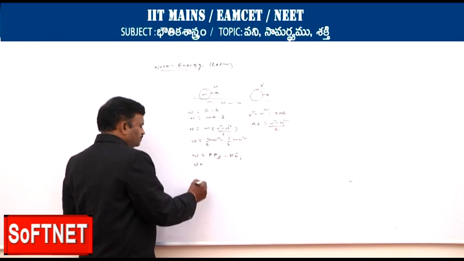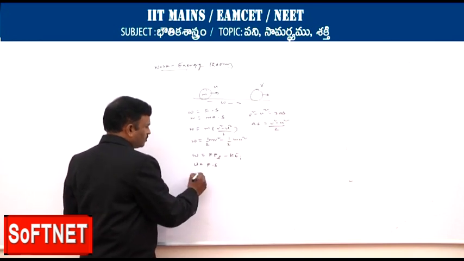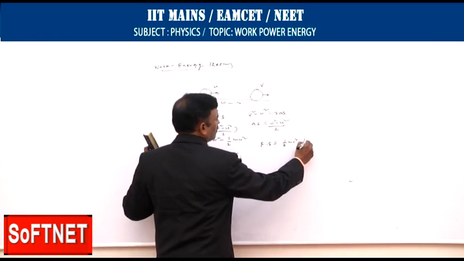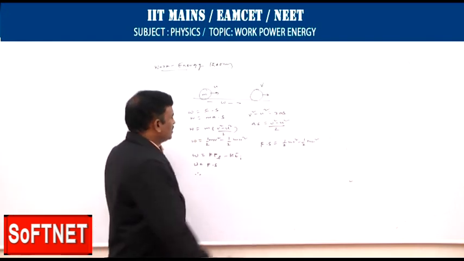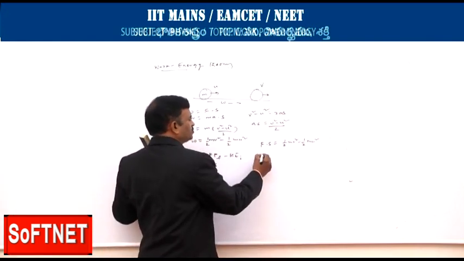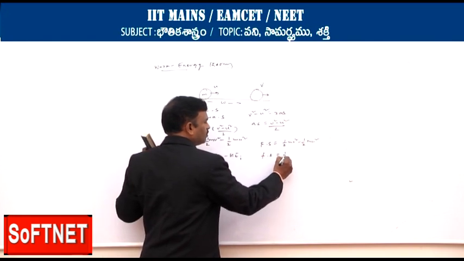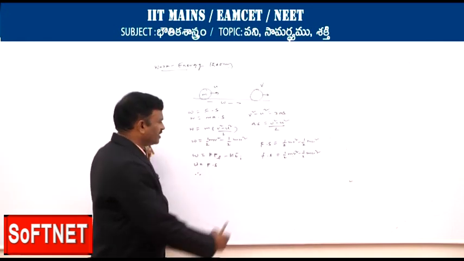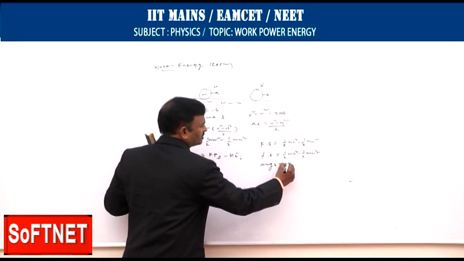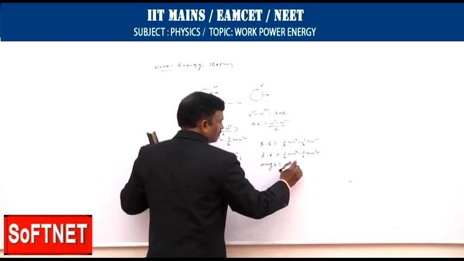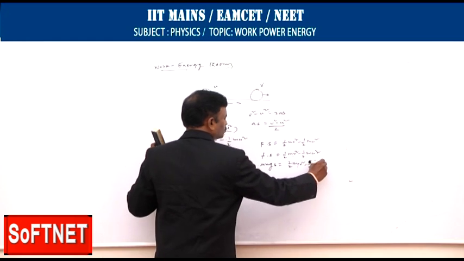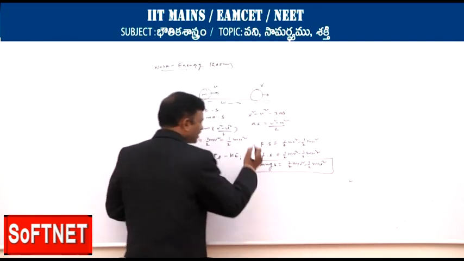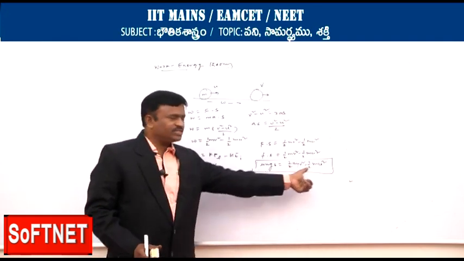The work is equal to force into displacement. So therefore here we can write F into S is equal to half mv square minus half mu square. Next, for work done by friction, F into S is equal to half mv square minus half mu square. In such a manner we can write, where F is mu into mg, mu mgs is equal to half mv square minus half mu square. So this is the expression: the work done by friction is equal to the change in kinetic energy.